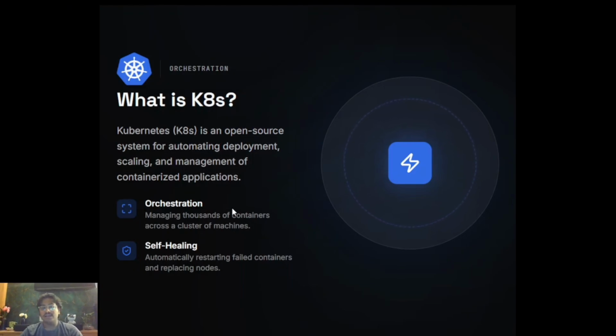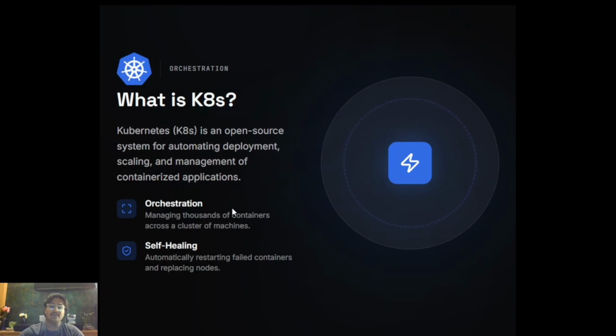Now let's understand self-healing. Another powerful feature of Kubernetes is self-healing. In traditional systems, if an application container crashes, an administrator must manually restart it. However, Kubernetes automatically detects failures and fixes them. Kubernetes can perform several self-healing actions such as restarting containers that fail, replacing containers that stop responding, and rescheduling containers on healthy nodes. It also helps in killing containers that do not respond to health checks.